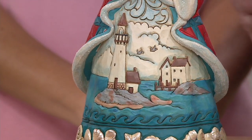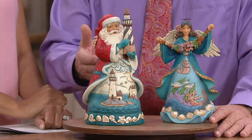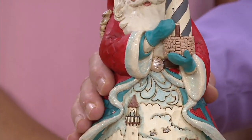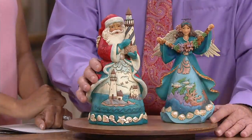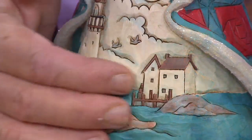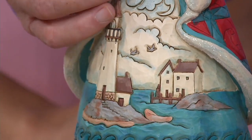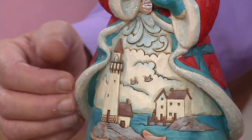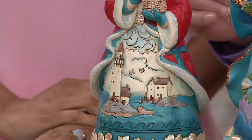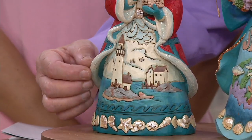One of my signature things that I've done for a long time is to include a story within the story and use a piece like this as a backdrop. In this case, it's like a little coastal village with once again the lighthouse, and I've got the sea and everything. So it's a scene and it's a project all by itself. Then it's framed and showcased by something that I don't do a lot of because you can overdo it, but I think in this case it came off just right, and that is the use of this very mild